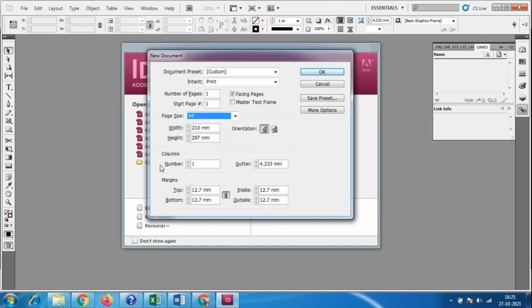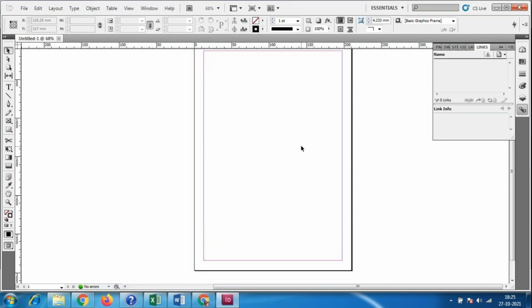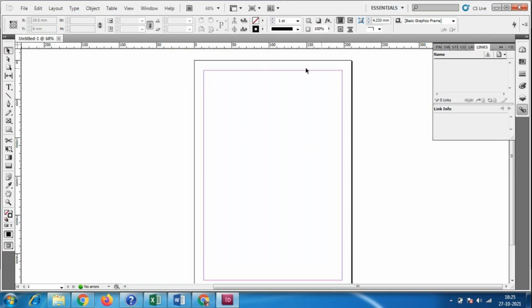So we will come back to this one. If I tell everything in the first class, you cannot digest it, so I'll come back to this. I'll just take this A4 size, no need to worry about other things. Okay, so this is my A4 size, this is the work area, and only this much area we have to use to create a design.